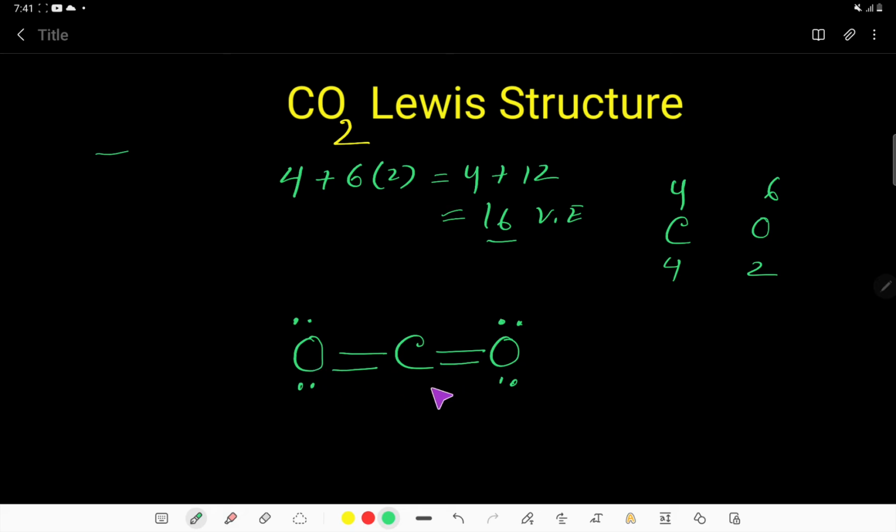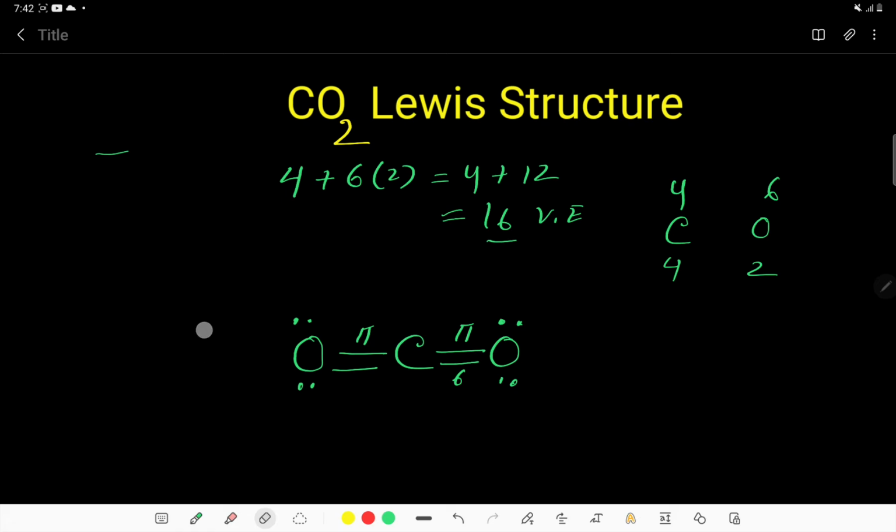So in this Lewis structure, can you tell me how many sigma bonds and pi bonds you are getting? Look, in this bond, this is a sigma bond and this is a pi bond, this is a sigma bond and this is a pi bond. That is, in the carbon dioxide molecule we'll get 2 sigma bonds and 2 pi bonds. And in the carbon dioxide molecule, how many lone pairs will you get? Look, here 1 lone pair, 2 lone pairs, 3 lone pairs, 4 lone pairs. So we'll get 4 lone pairs in the carbon dioxide Lewis structure, right?